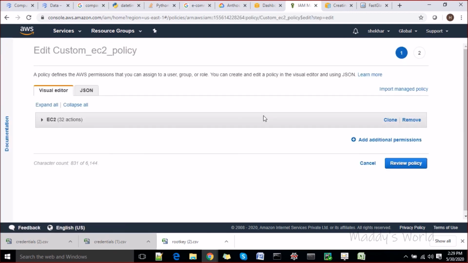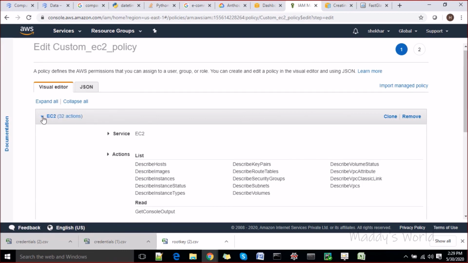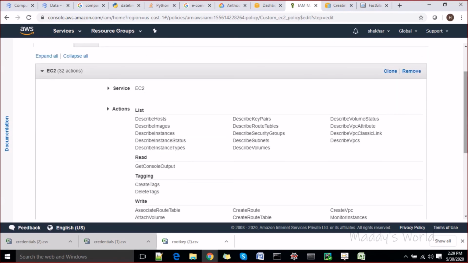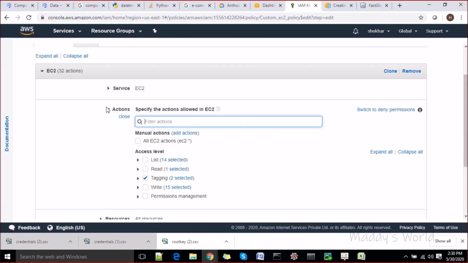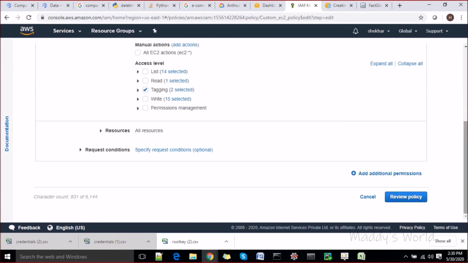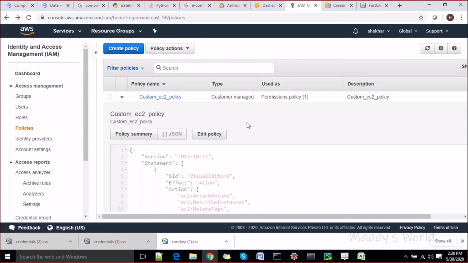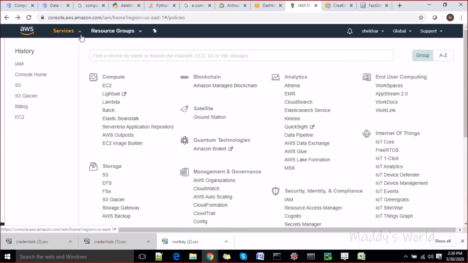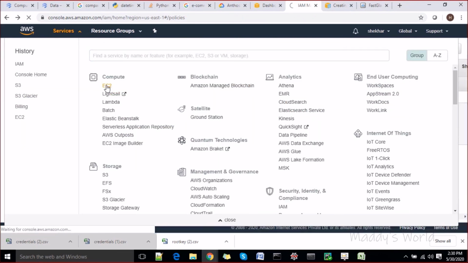This way you would be able to make it more usable. So just drag it here and see what is needed and what is not needed. Go to the action section, change it and save it, review the policies and save it, right? So this is how the policies work. This is how you have to play around with the policies.